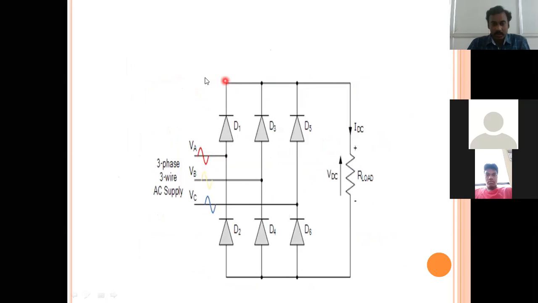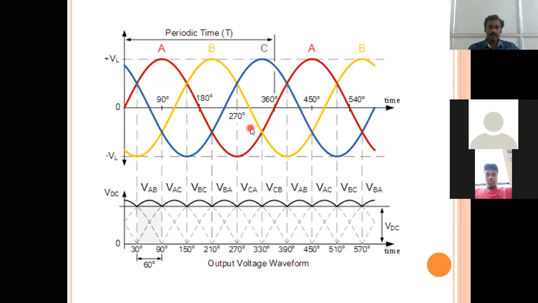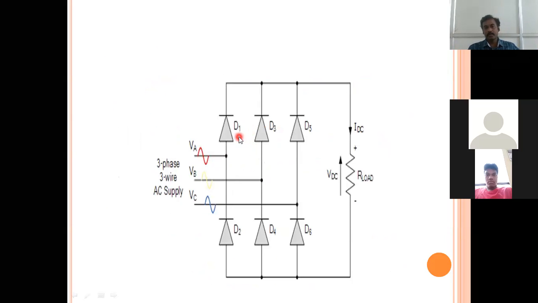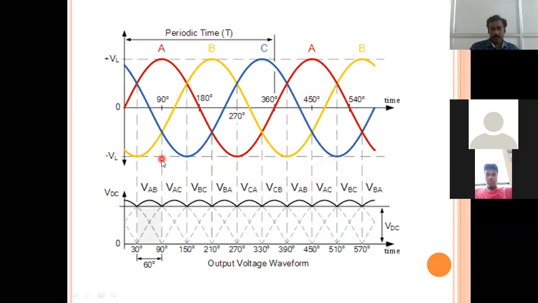Then this is going to be a full bridge converter. In the case of this full bridge converter, if D1 is in conduction, you are going to have two of the uncontrolled devices in conduction. The 120 degrees of conduction of D1 is going to be shared by D4 and D6. If D3 is in conduction, then D6 and D2 are going to share that 120 degrees. Okay, so that can be observed here.